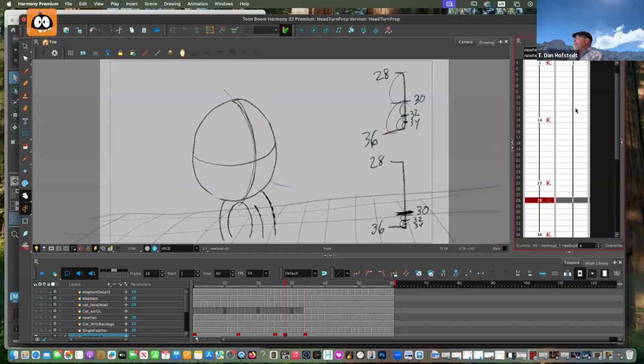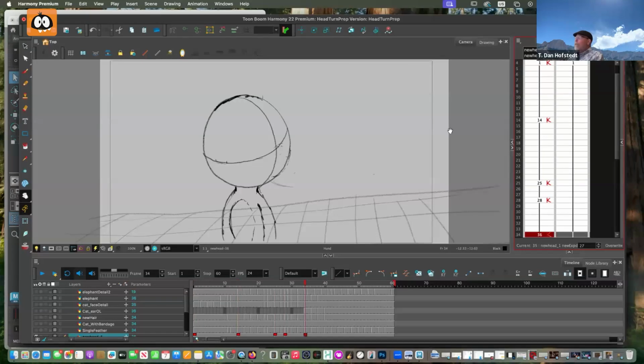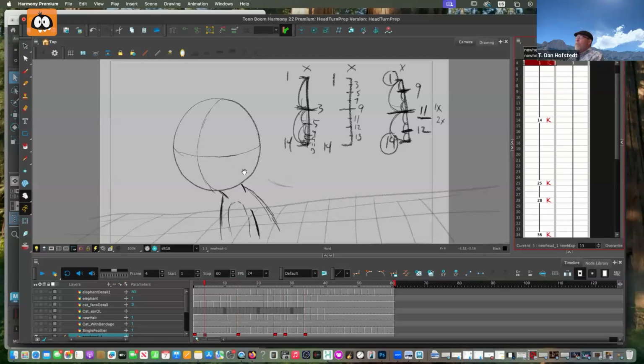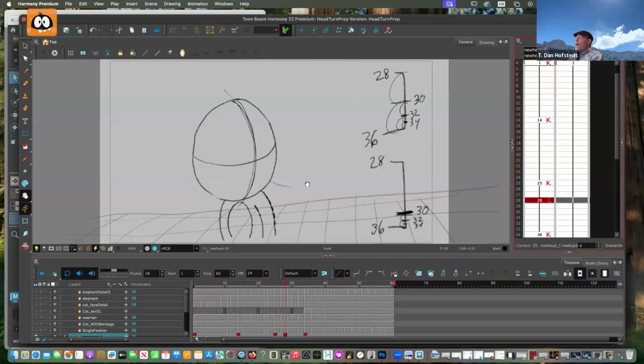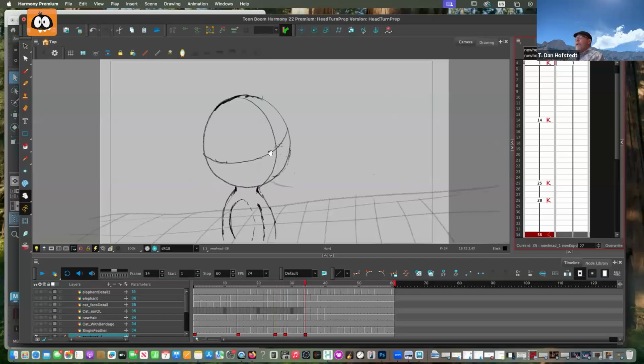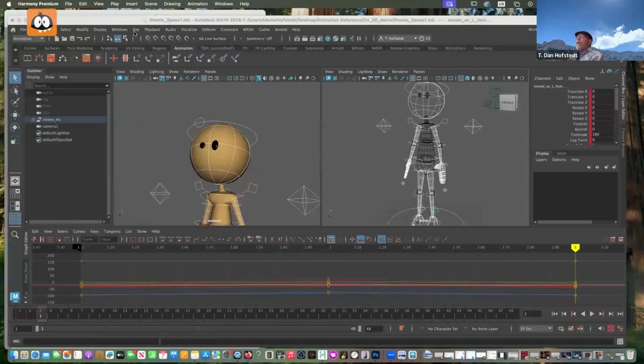So these are like 5 or 6 drawings here of just a simple little idea. A character's minding his own business. Here's something. Oh, what's that? Okay, quick and easy. Compare that to a similar thing in